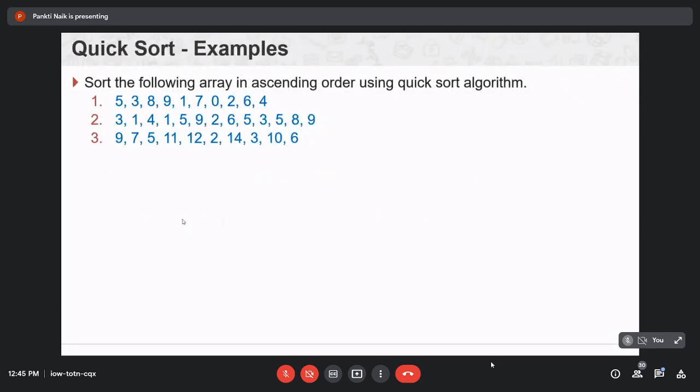You have to solve this array using the quick sort algorithm. That I will put on your assignment 1. After completion of this chapter, I will put assignment 1 on Classroom. So all of you please access the Classroom link which I already shared in your WhatsApp group. And if you find any difficulty accessing that Classroom link, then message me personally on my WhatsApp number with your email ID.